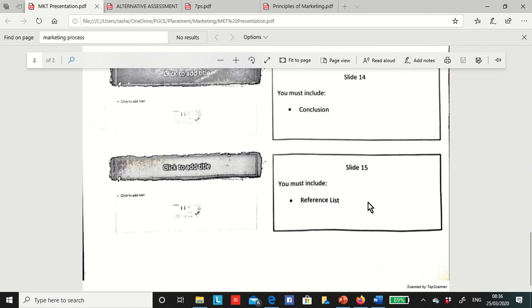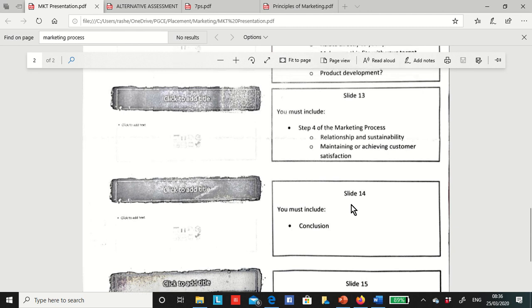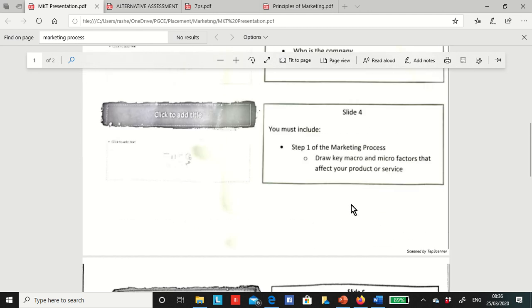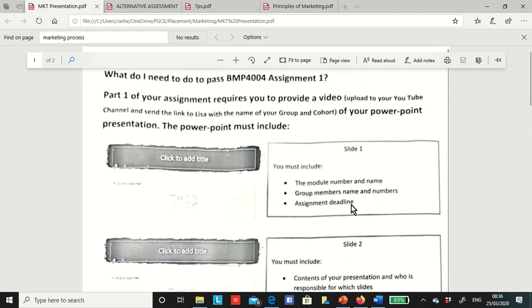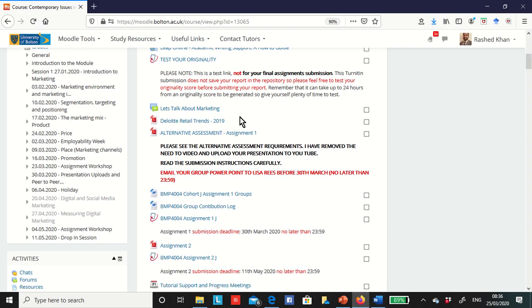Another important thing is you will have to follow the University of Bolton's Harvard referencing guideline. Okay, you can find a few important links on Moodle again.